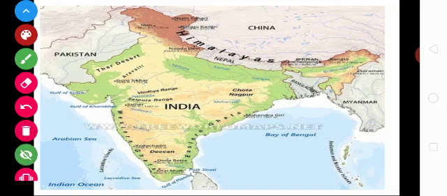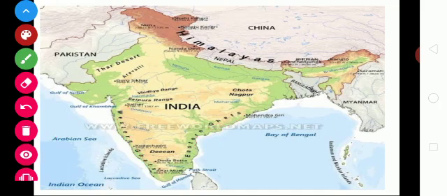Between the Western Ghats and the Arabian Sea, there is the Western Coastal Plain. This is the Arabian Sea and this one is the Western Ghats. Between those places is the coastal area of the Western Plain. And between the Bay of Bengal and the Eastern Ghats, this one is the Eastern Coastal Plain. The Ghats are the hills, and the Eastern Coastal Plain is broader than the Western Coastal Plain.